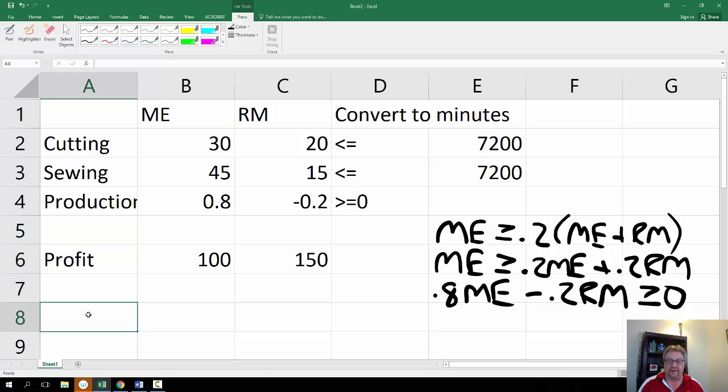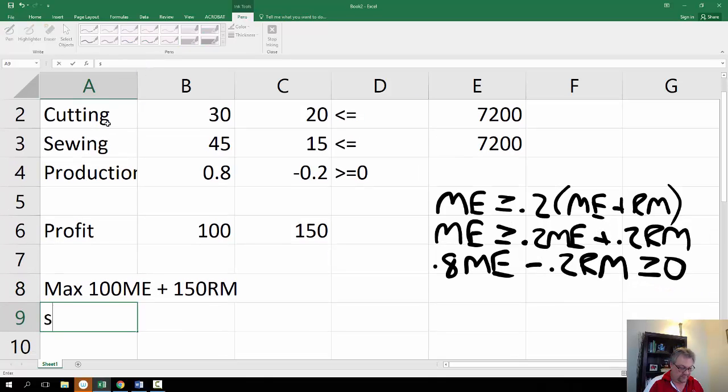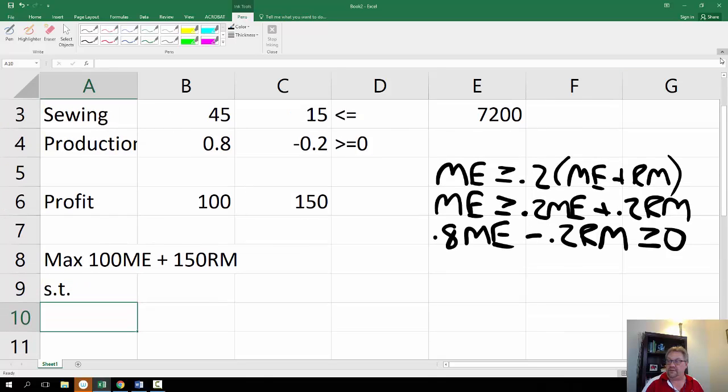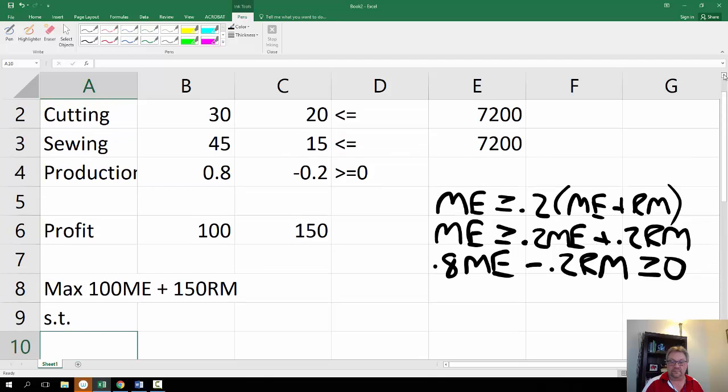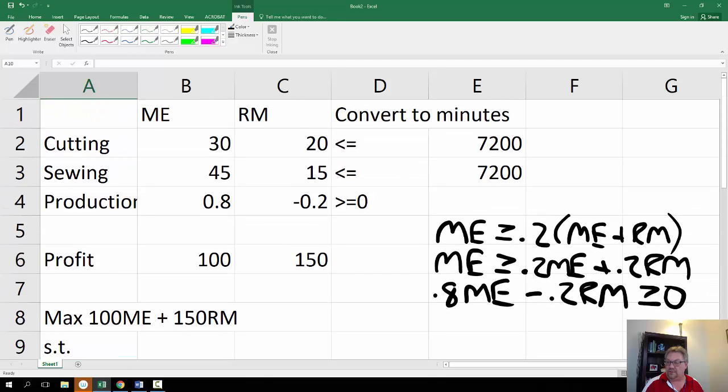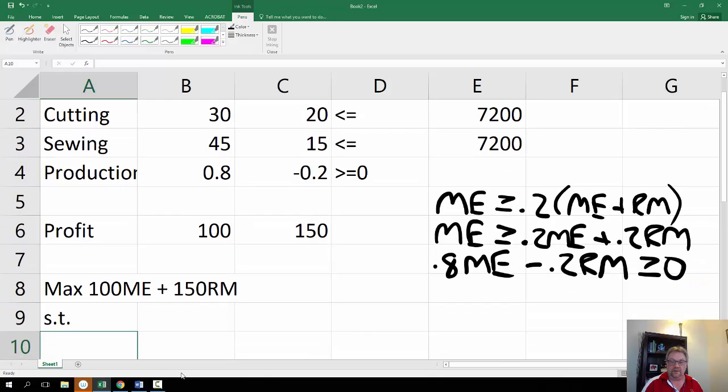All right, so with all that said, so what am I going to do? I'm going to maximize 100 times Mount Everest plus 150 times Rocky Mountain, subject to, let me just go up a wee bit here. Okay, go down one. Sorry, I'm trying to keep everything on one screen. So subject to